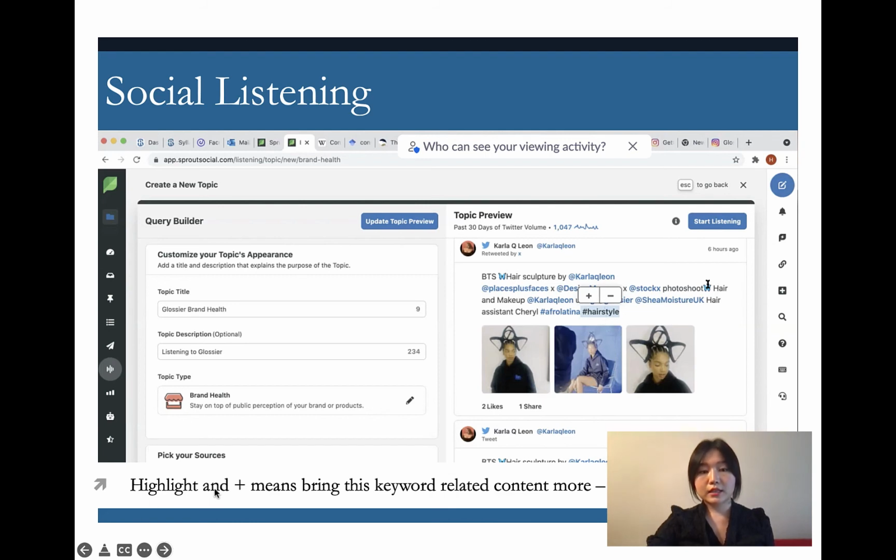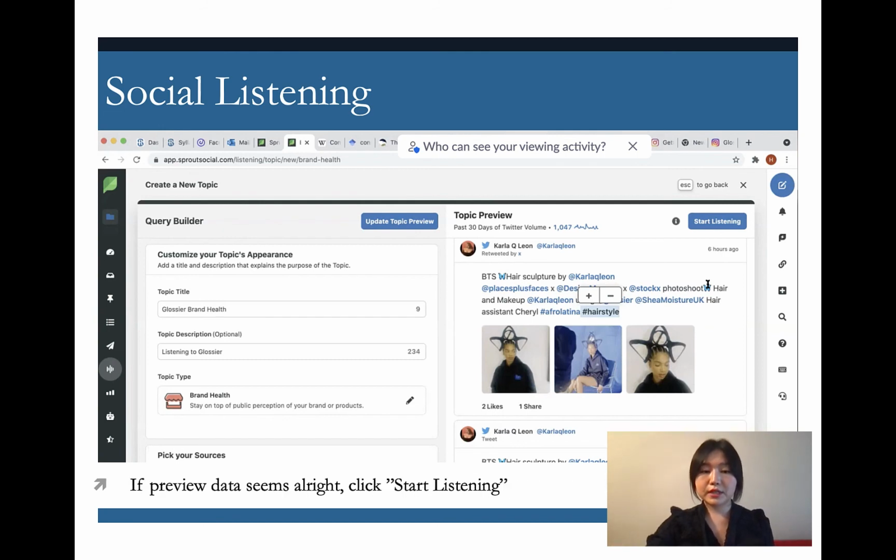If you highlight here, you will see the plus or minus sign. Highlight and then you will see plus, meaning bring this keyword more. So if I love the hashtag hairstyle, if I think that's very relative, bring more of these kind of data. But I don't think this is necessary for Glossier brand, so I clicked minus sign, meaning bring them less. So I don't want to see any additional data regarding the hairstyle because Glossier is not a hair care brand.